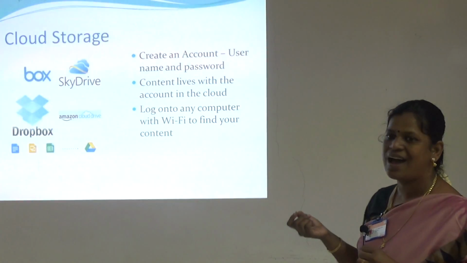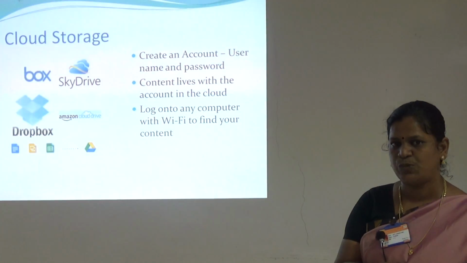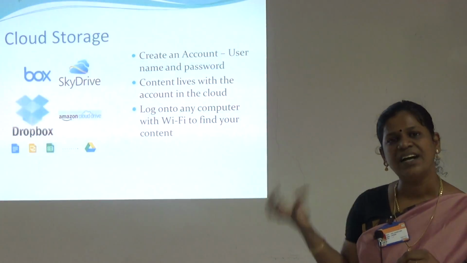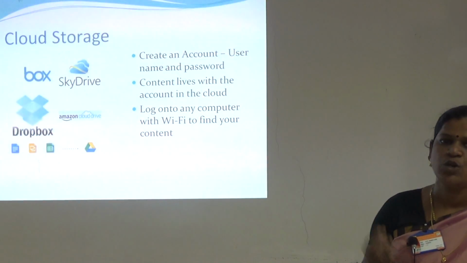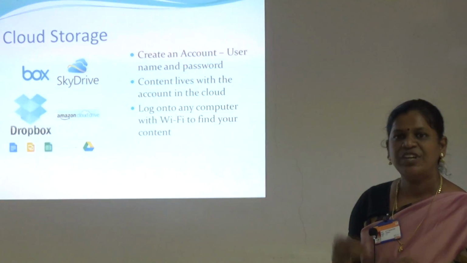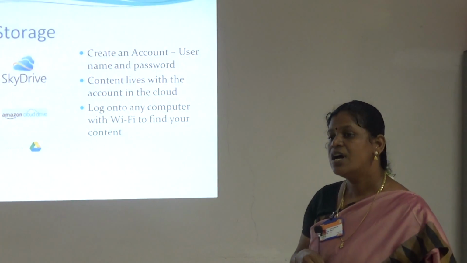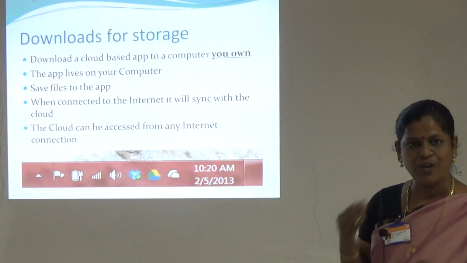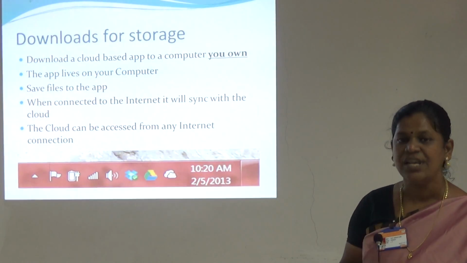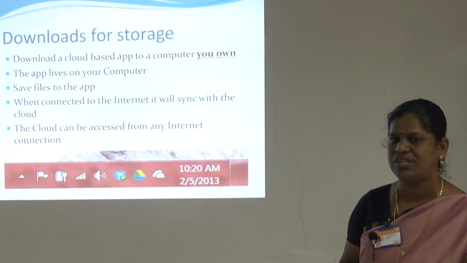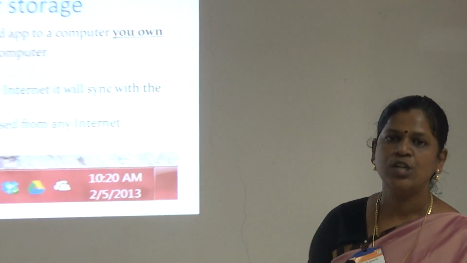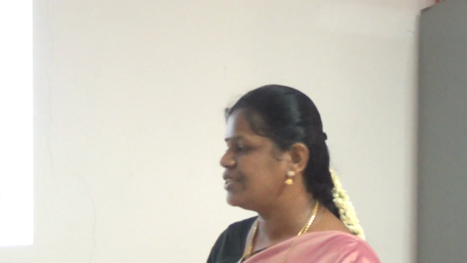With cloud storage, there is no need to spend your memory space in your system. Instead, the third type is shared memory space. You can use it for storing your content without spending your size and without spending your resources in your system. So if you have three types of storage and a cloud concept in your system, you can use computer storage, secondary storage and cloud storage. Here the cloud storage is very important, and if you are implementing the cloud concept in your system, these are the processes you can do.